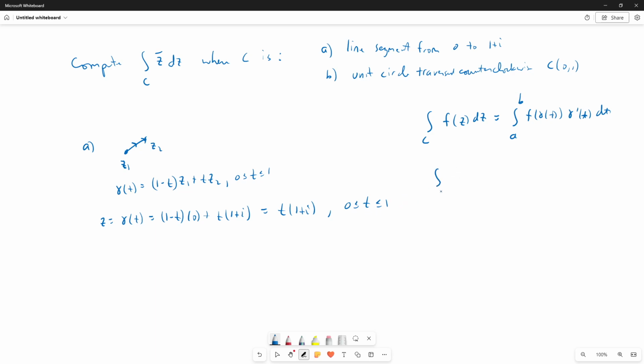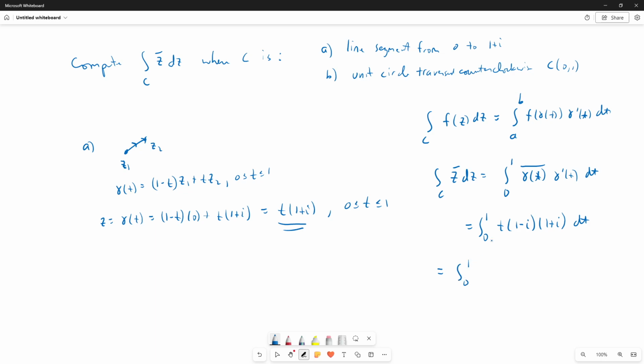So in our case, the integral of z bar dz will equal the integral from 0 to 1 of, our function is the conjugate function, so f of gamma of t is gamma of t quantity bar, and then gamma prime of t dt. So here's gamma of t. The conjugate is t times (1 minus i), and gamma prime of t is the constant 1 plus i,